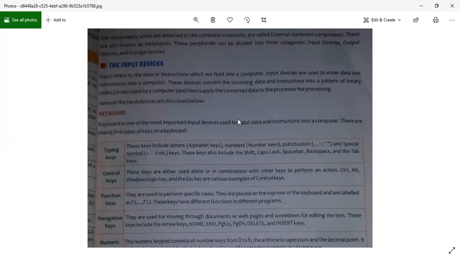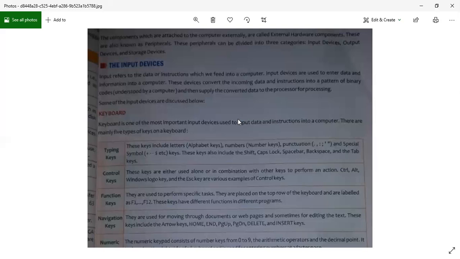So we will press and hold the Control key and I will press the C. C like in what? The C alphabet, C like in Charlie. Okay, so I will press Control plus C to copy something. And what if I want to paste it? So I will press Control plus V. So these control keys are either used alone or they are also used in combination with other keys.